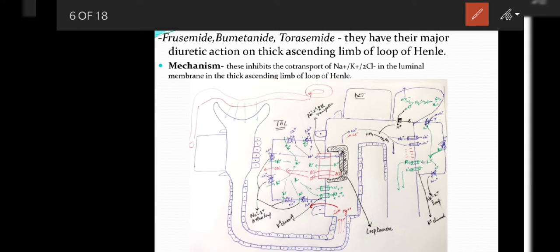Now, this transporter transports sodium, potassium, and 2 chloride ions from the luminal side into the cell. The transported sodium ions will eventually be taken up by these pumps present on this basolateral side, and this sodium will eventually move into the interstitium and add to the hyperosmolarity. In turn, more potassium will come into the cell. Also, the 2 chloride ions which are transported will move into the interstitium, adding to the hyperosmolarity through the basolateral membrane. The basolateral membrane has a special type of mechanism for the movement of these chloride ions.